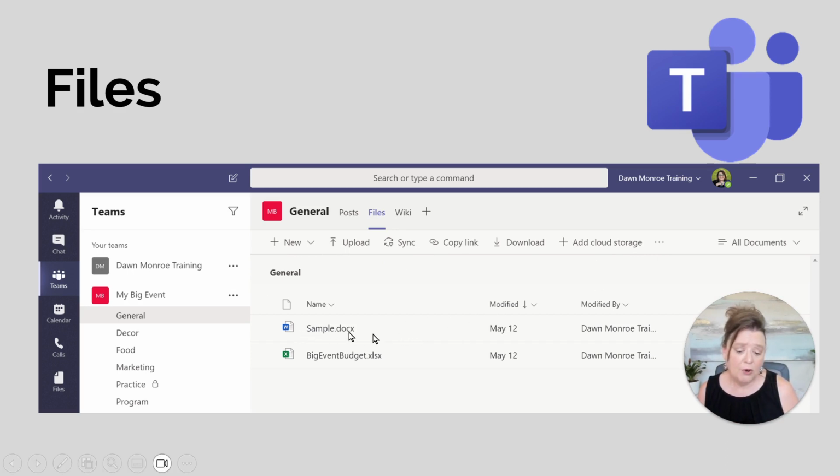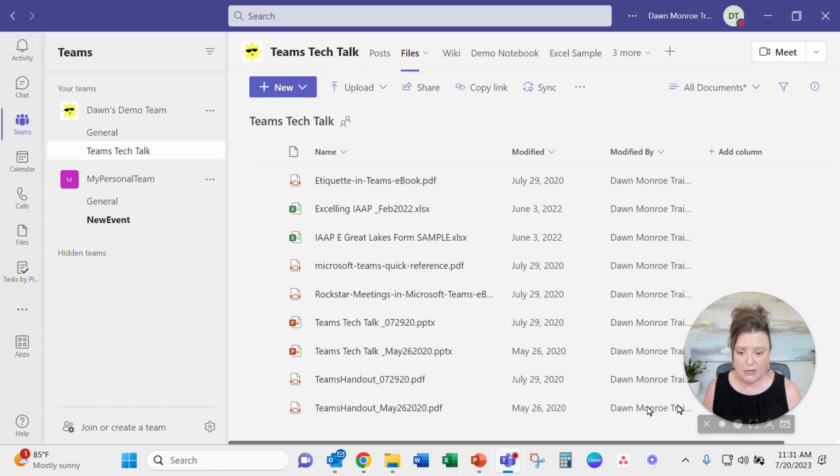When you want to work with an individual file and you point to it in the live environment, you'll see that there's a share icon and an ellipsis to do a whole bunch more things. Let me bring up the environment now so you can see. This is Microsoft Teams. Here's Dawn's demo team, and I've clicked on one of the channels. Within that channel, I have a